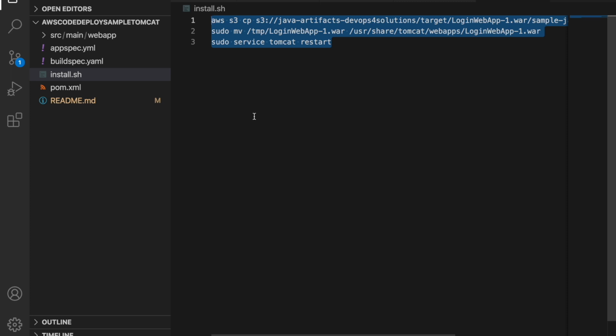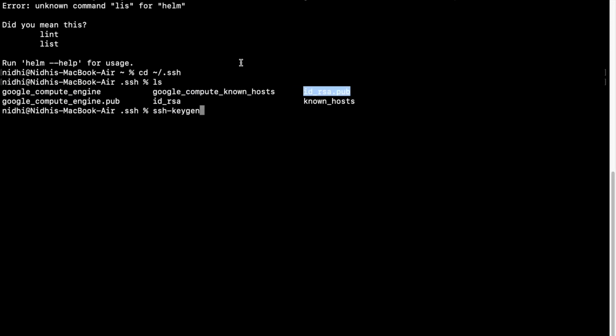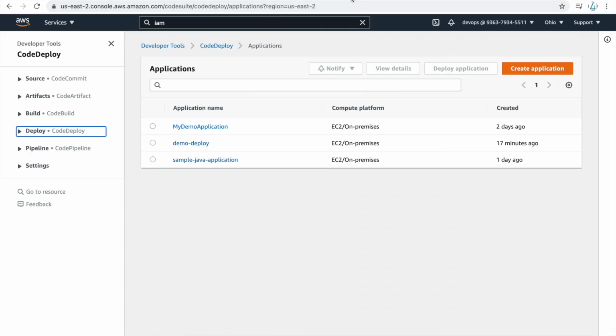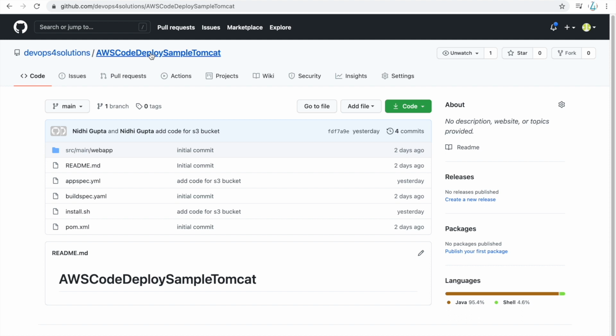Now we will see how we can configure it using CodePipeline. And also my code is present in GitHub. I can push it to GitHub or AWS CodeCommit also, but it's already there, so we can use it from here also. So you can also try it if you want to. So this is my code here.